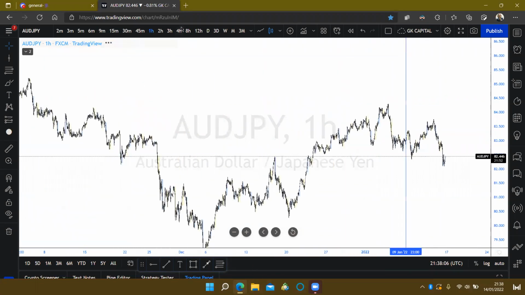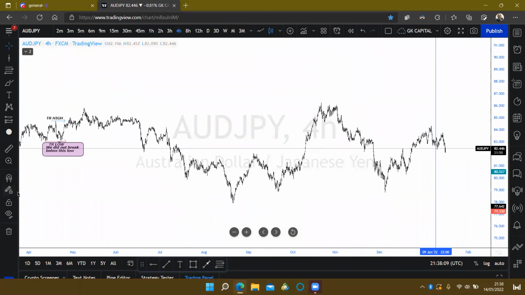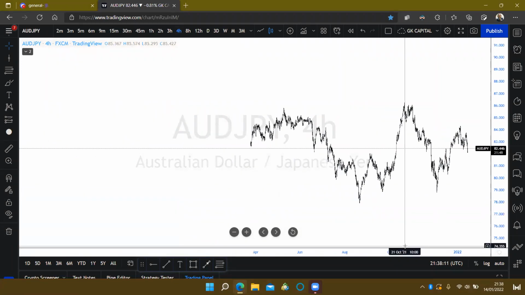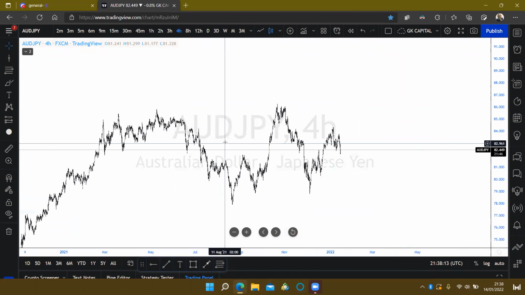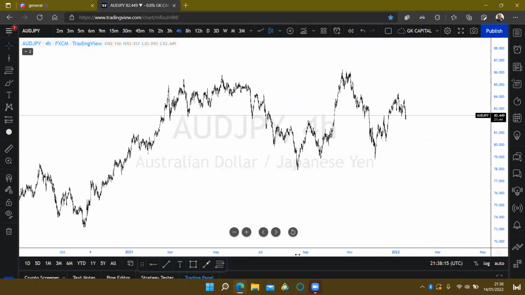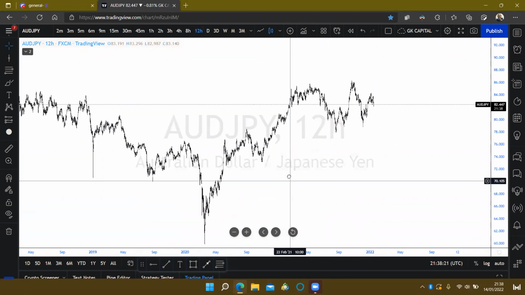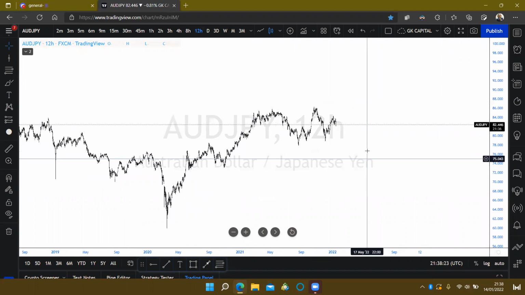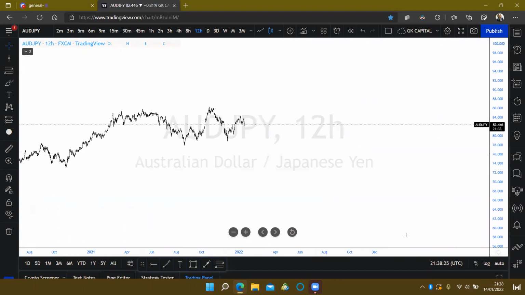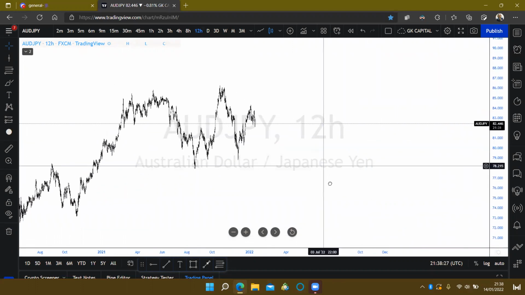Now, structure-wise, we're bullish. Okay, we can see we're bullish on the intraday, we're bullish on the lower time frame. There was this break here though, so